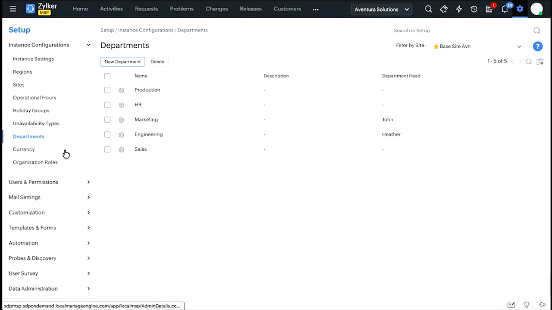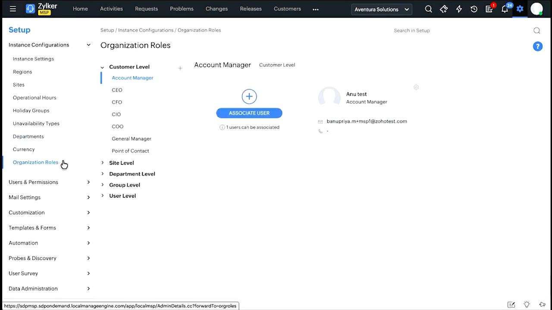So once you have added the departments, you can also assign a different currency that is available for your organization, and then further you can choose to configure the different organizational roles, right? So these organization roles can also be captured on a very customer site specific level as well, right? So the moment you choose your customer, you can customize the different C-suite members, the different site level, department level, and group level members, and these roles can then be associated to a particular user, like how we've done it